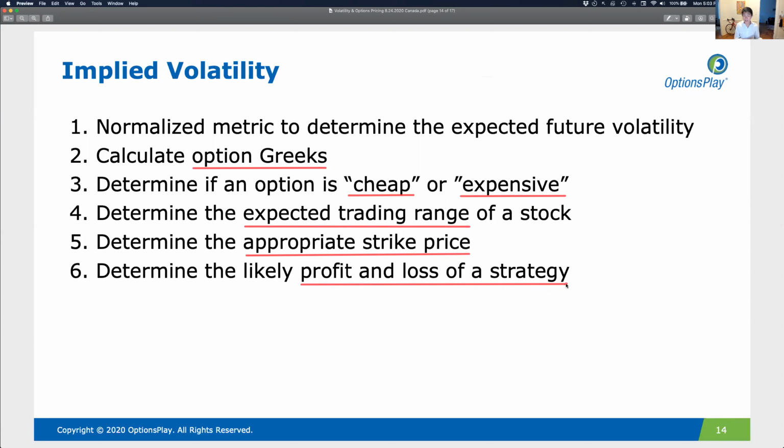So if prior to today, you didn't have a good sense for implied volatility, you didn't understand why it was useful, I hope that this enlightened you to show you just how important it is and how interconnected it is to almost every aspect of your options trading. If you have learned about implied volatility before and you want to learn more, I hope that this inspired you to take a little bit deeper understanding of implied volatility, because again, it's so interconnected with everything that you do